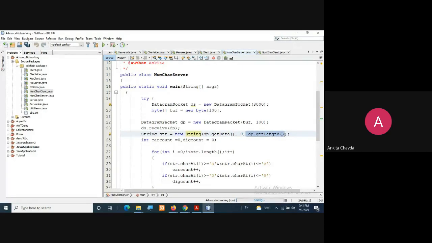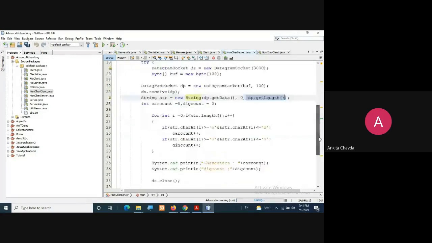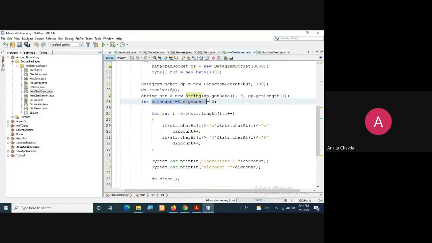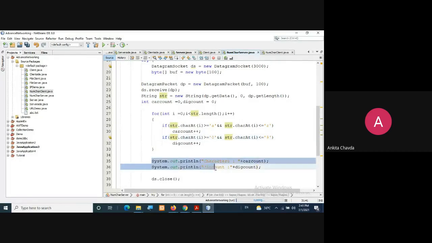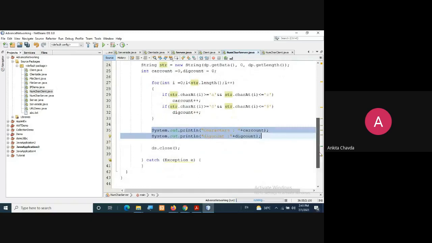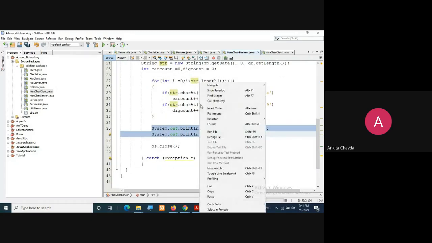Now again the same logic for the character count and the digit count, with one loop. I haven't checked for uppercase here, you can even check for that. So that we have done, and finally I am printing at the server side only. So this is my server.